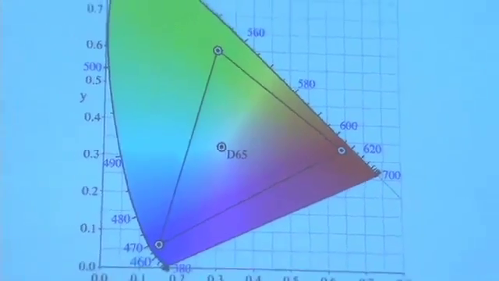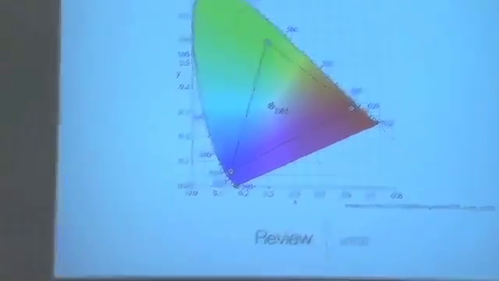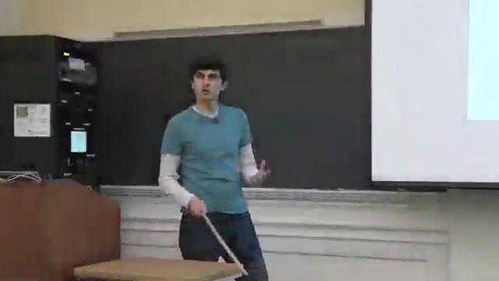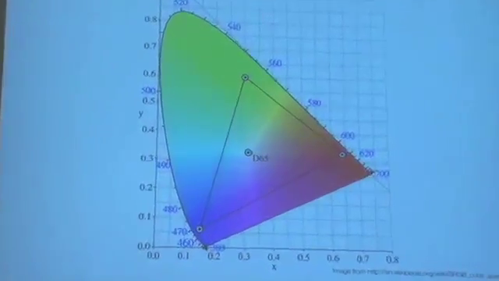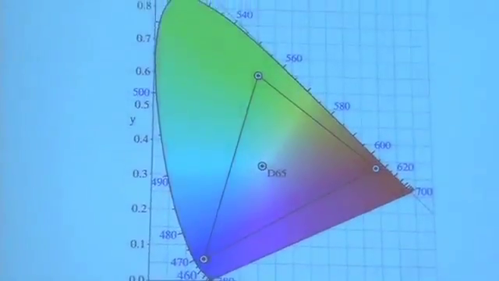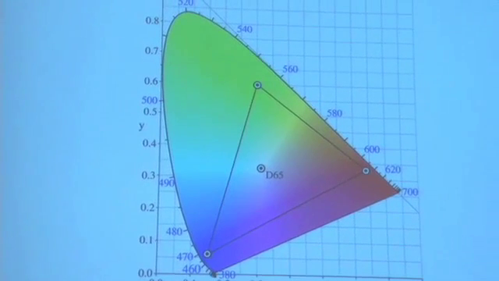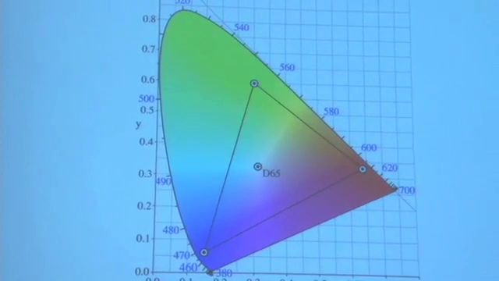And the reason that this graph is useful to us is because we can use it as a way to show and to describe color spaces. So what's possible for a computer to display, or what is possible for a camera to capture, or a scanner to capture, or a printer to print out, in terms of its constituent colors, and also all of the blends of colors that are therefore possible from those major colors. And so this graph and this diagram in particular is showing us the sRGB color space,